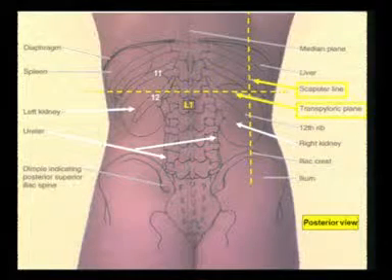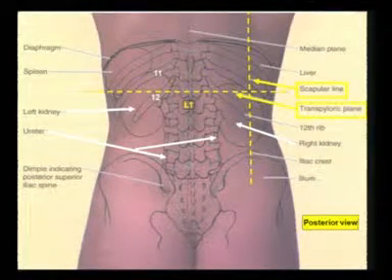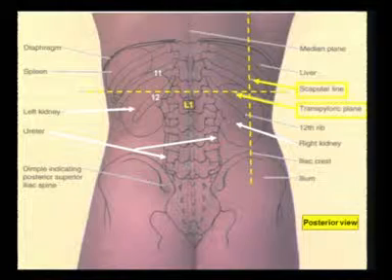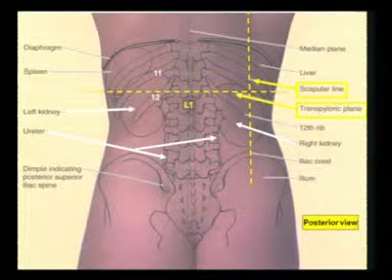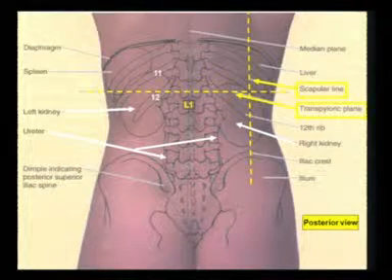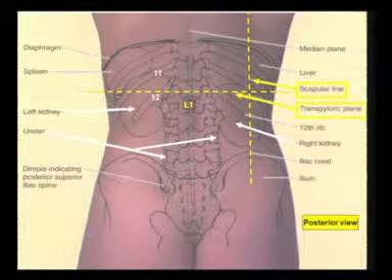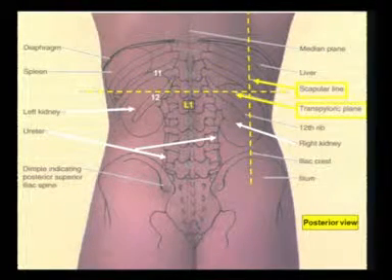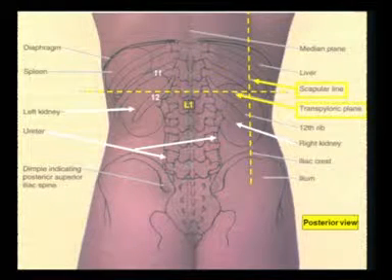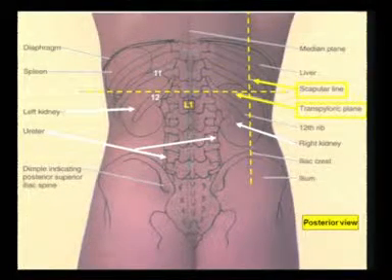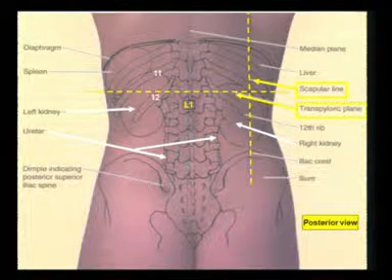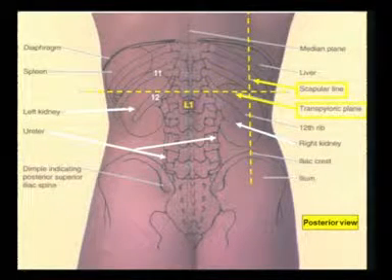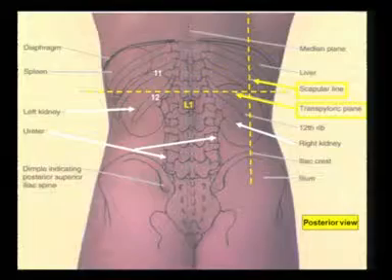The second thing is that the height of each vertebra is 2.5 centimeter, which will help you in calculating the number of vertebral heights. The other important thing is the kidney: on the right side the lower pole is almost at the level of the L3 lower border, and on the left side at the upper border of L3. These landmarks help in identifying where the kidneys are. They are almost 6 to 7 centimeter away from the midline. So if your point of insertion is almost 5 centimeter from the midline, your direction should not be lateral, in order to prevent trauma.